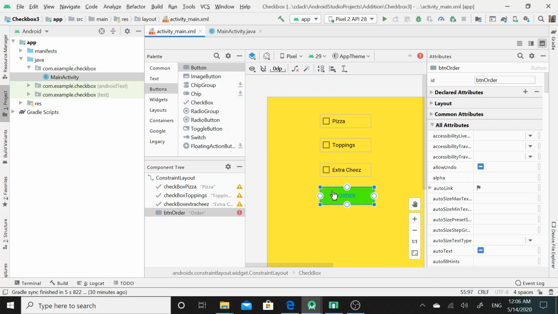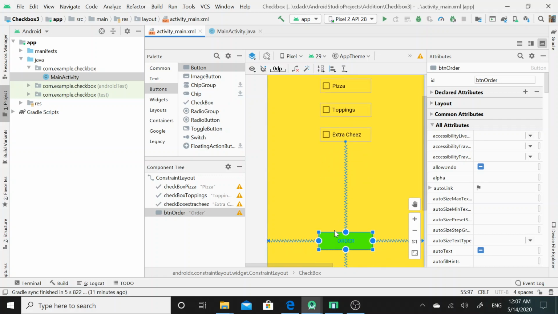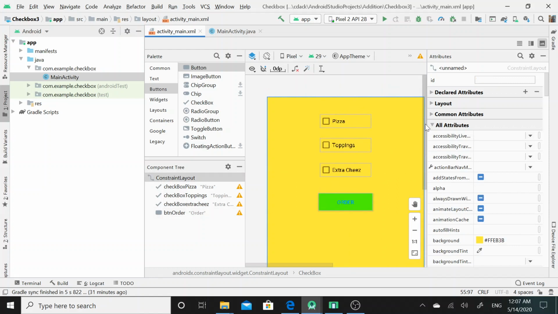So I would click on the button UI widget, then click on align, set its position horizontally, and later on set its position vertically. So in this way I have set its position. Now I will run this application.